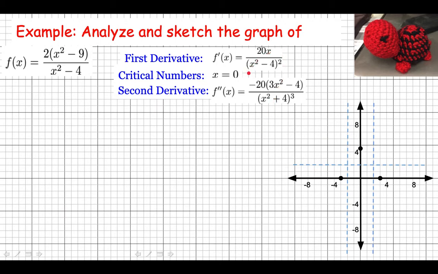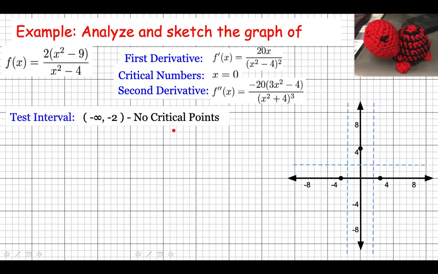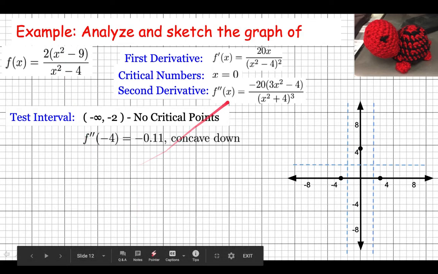We only have one critical value, and that's at 0. So there are no critical points in this first interval. I'm just going to pick one point on that interval to check concavity. So I'm going to check at -4. You plug in -4 in the second derivative,